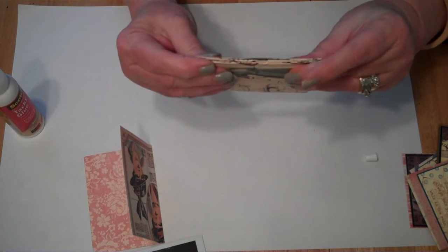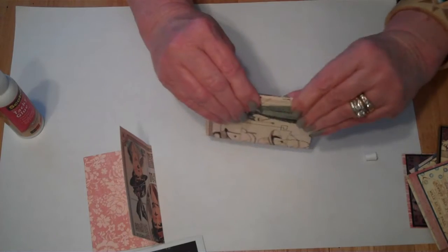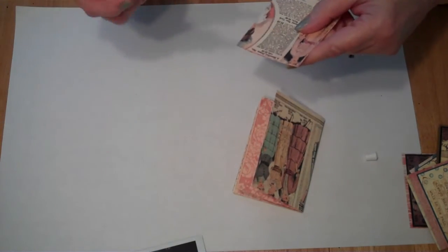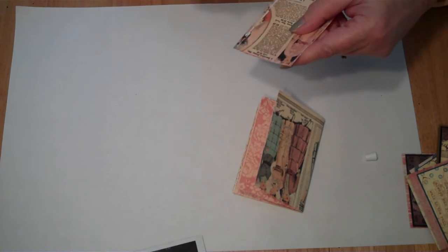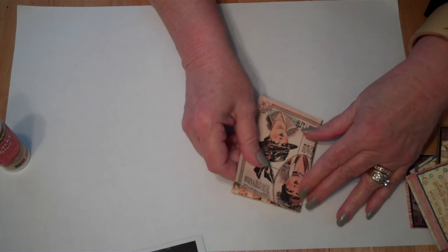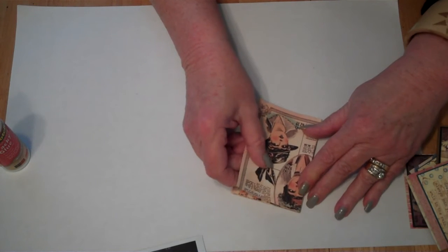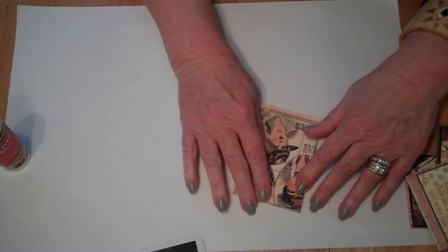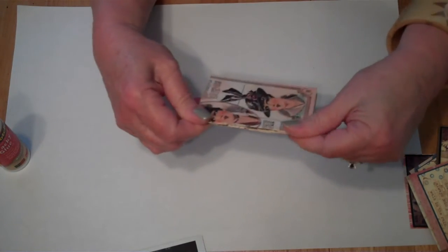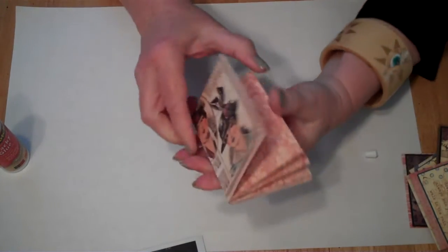Your book is almost finished. And chances are, it might be a good idea to have a closure on this one, because you start loading up things on your pages. There isn't a whole lot of breathing room. You know how I like breathing room. You're going to have some breathing room, and I'll show you why. Because